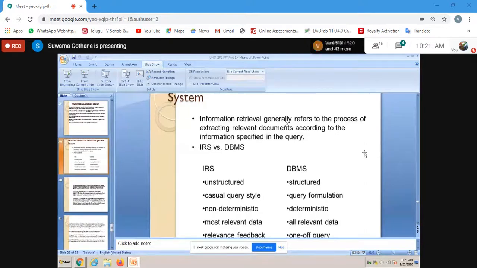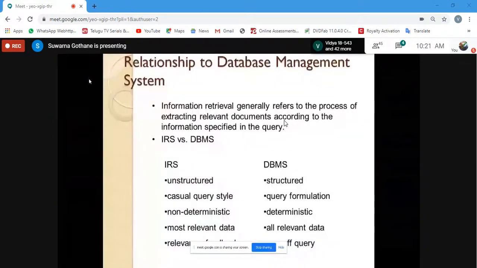The approach here is based on relevance feedback. What is this term relevance feedback talking about? Relevance feedback is the feedback whenever you fire a particular query and you get a particular answer.